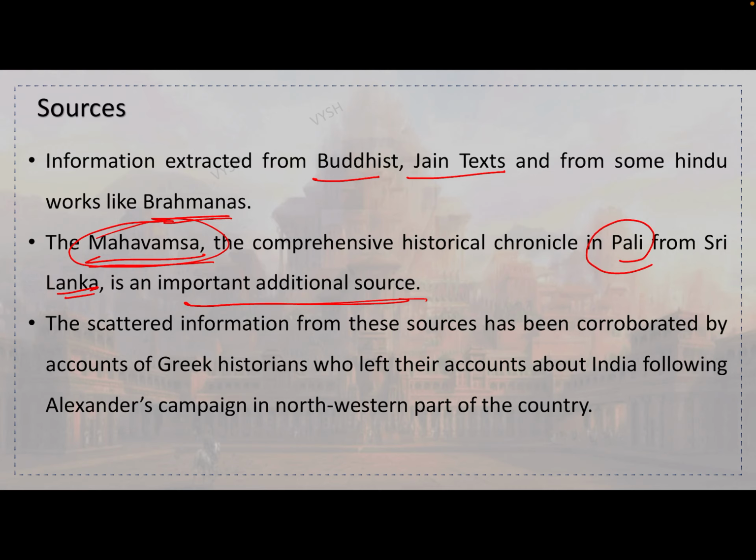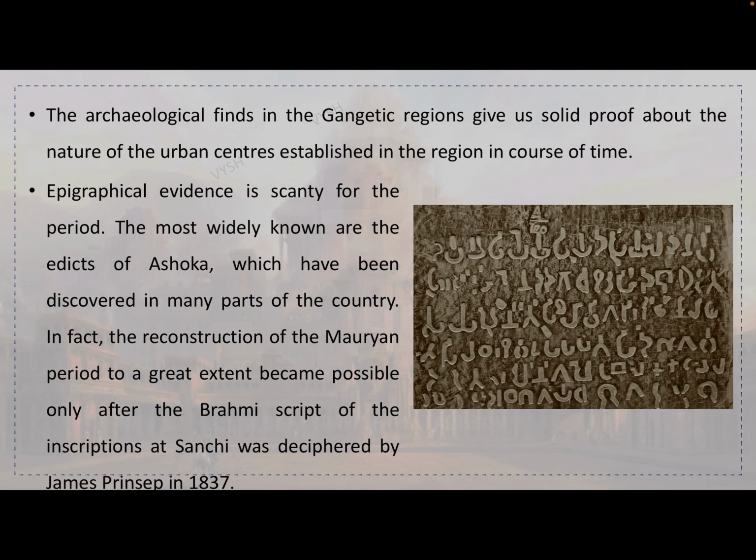The scattered information from these sources has been corroborated by the accounts of Greek historians who left their accounts about India following Alexander's campaign in the northwestern part of the country. So this information was corroborated, compared and added together. The archaeological finds in the Gangetic regions give us solid proof about the nature of urban centers established in the